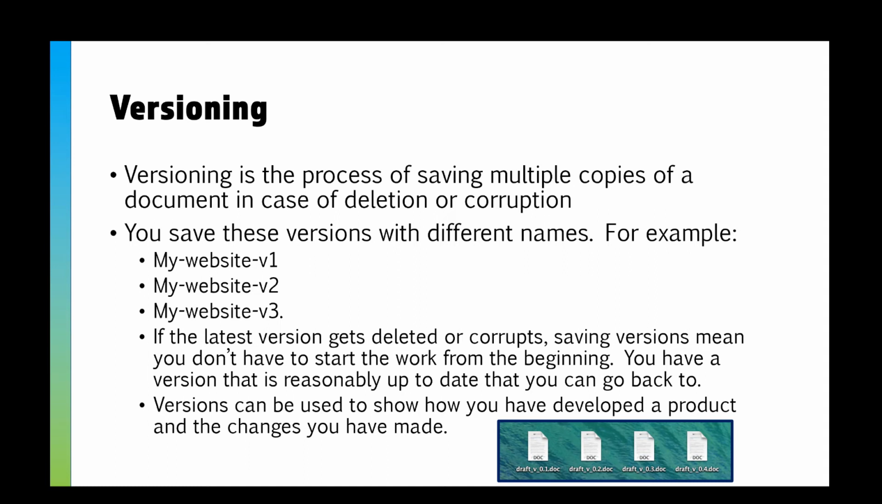And the whole point is you've got a reasonably up-to-date version you can go back to. In your coursework, you get marks for how well your folder structure is, how well your naming of files is, and if you've used versioning. Now, just doing draft 1, draft 2, draft 3 like that is versioning. That's absolutely fine. Have a versions folder, stick all your old versions in there. It shows how you've developed your product, it shows the changes you've made, it shows the process that you've done